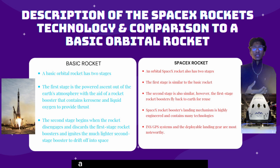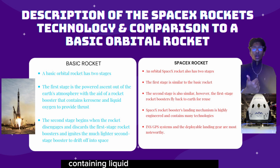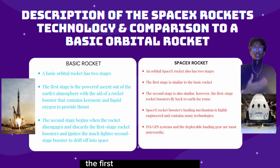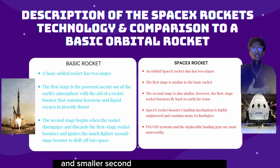First and foremost, a basic orbital rocket has two stages. The first stage is the powered ascent out of the Earth's lower atmosphere with the assistance of rocket boosters containing liquid oxygen and kerosene to provide thrust. In the second stage, the first stage rocket boosters are disengaged and discarded to decrease the weight of the rocket as the rocket passes through the Earth's atmosphere. In addition, after a much lighter and smaller second stage booster is ignited, the rocket drifts off in space until